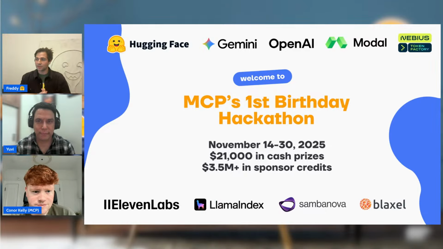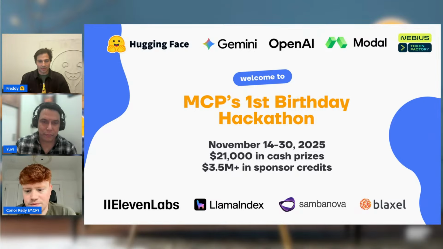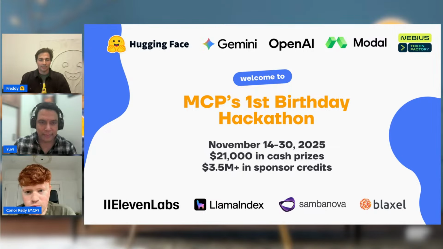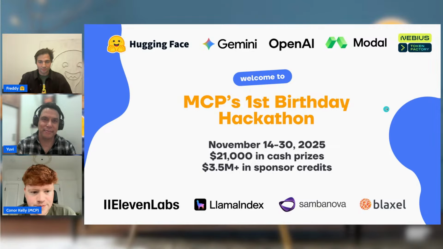They're co-sponsoring and co-hosting this with us, and we have a great slate of sponsors ranging from Hugging Face, Gemini, OpenAI, Modal, Nebius, ElevenLabs, LlamaIndex, SambaNova, and Blaxel. There's a lot of cash up for grabs. You have $21,000 in cash prizes and millions of dollars in sponsor credits. So I'm super excited to see, and there should be plenty of resources for you to get started and build something really, really cool with MCP.